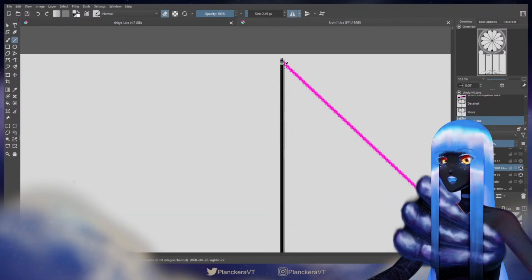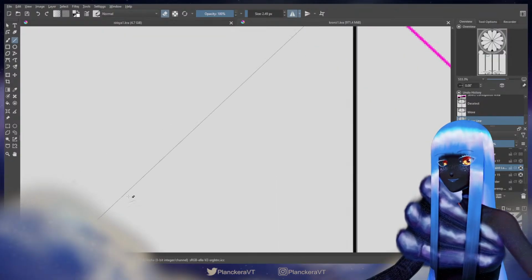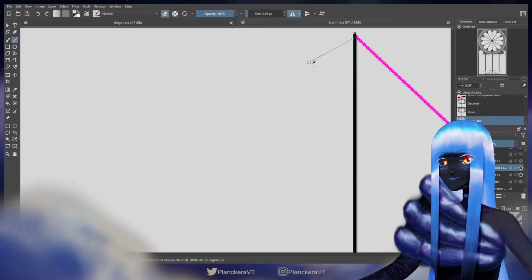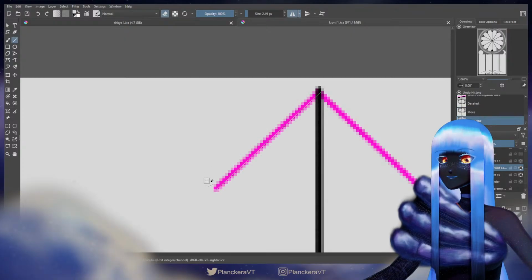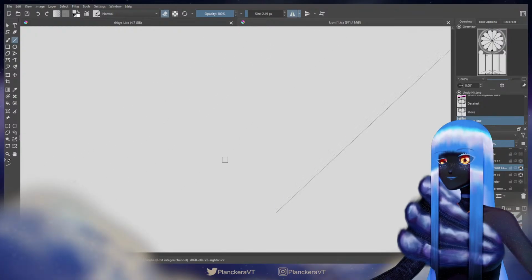And the main thing is I need to make sure I line it up very well here, if I want these two halves to be symmetrical, and I didn't quite line it up. Yeah, I see where it is up there. That's good.